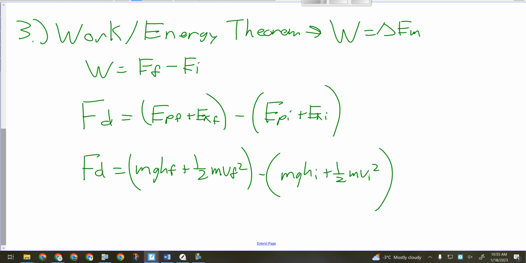So maybe the question was, if we're accelerating a car up a hill, we would have been told how long the hill is. We would have been told that it started at the bottom and went to a height of 20 meters, and started at 4 meters per second and accelerated to 9 meters per second. What was the force used? Well, I was told the length of that ramp, that's the distance over which the work was being done. I was told I started at the bottom, so my HI was